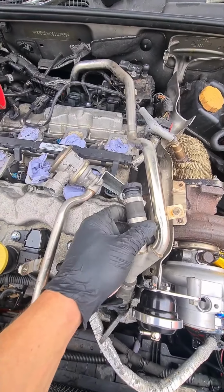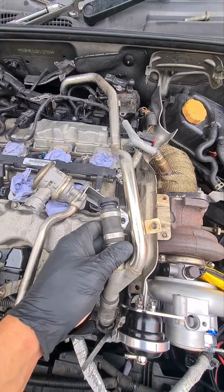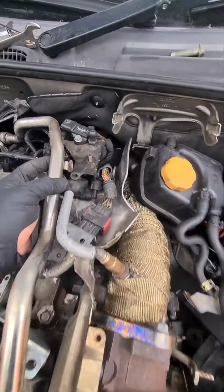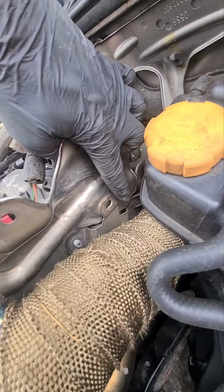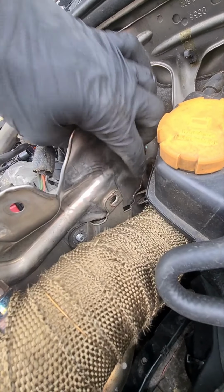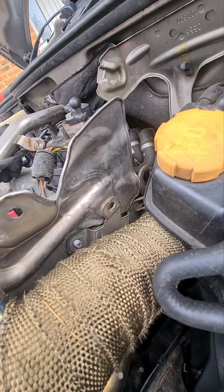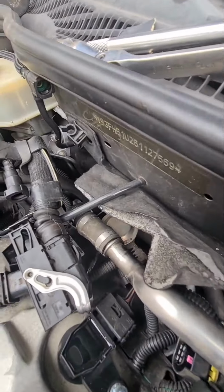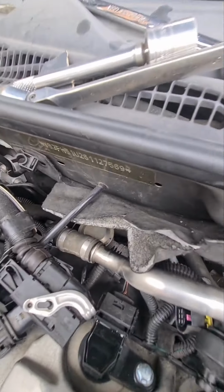Then if you've got the twin SAI, you've got this really long pipe which goes around the back of the engine. So you have one bolt here, it goes into this heat shield. Then there's an additional bolt just here, which is bolted in behind the downpipe. So also you have to remove the heat shield over the top of the downpipe to be able to get to that one. And then you have a pressure valve down the back of the engine,